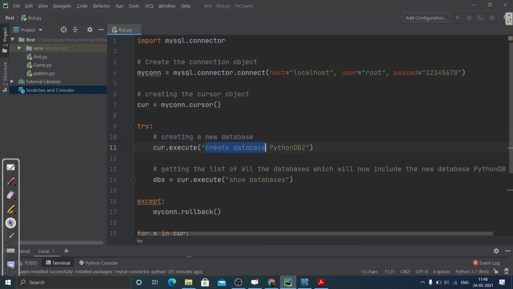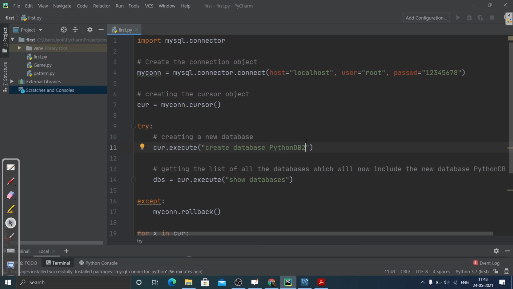What is this query all about? This query tells us that we need to create a database. It's very simple, just like the way we are speaking. By just reading, you can understand that we are creating a database, and the name of the database is python db2. You can name it anything.